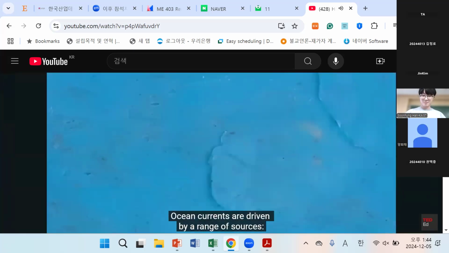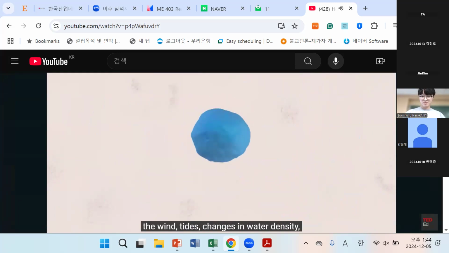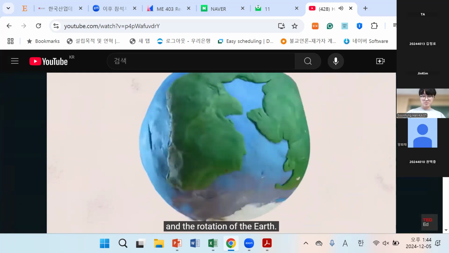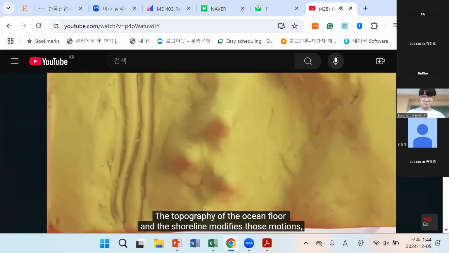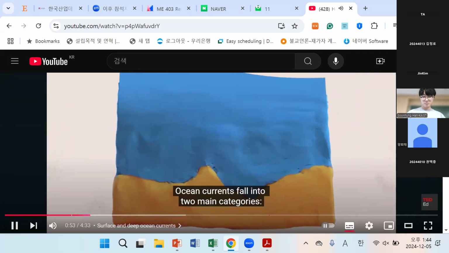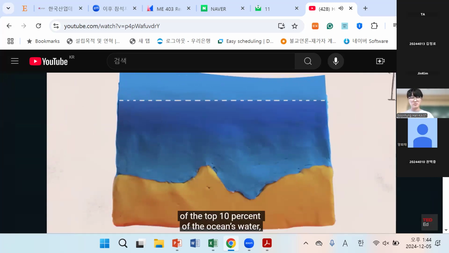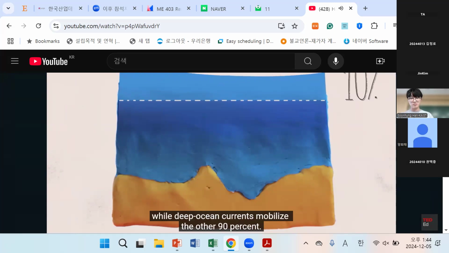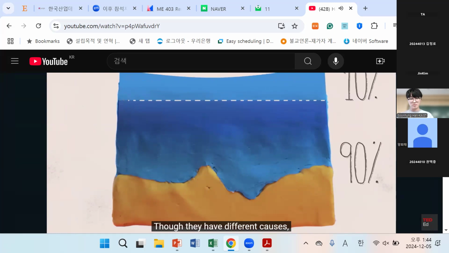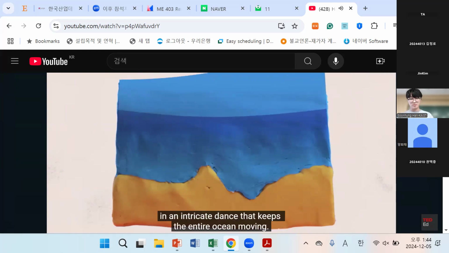Ocean currents are driven by a range of sources: the wind, tides, changes in water density, and the rotation of the Earth. The topography of the ocean floor and the shoreline change direction. Ocean currents fall into two main categories: surface currents and deep ocean currents. Surface currents control the motion of the top 10% of the ocean's water, while deep ocean currents mobilize the other 90%. Though they have different causes, surface and deep ocean currents influence each other in an intricate dance that keeps